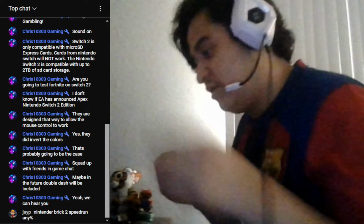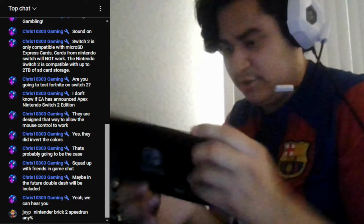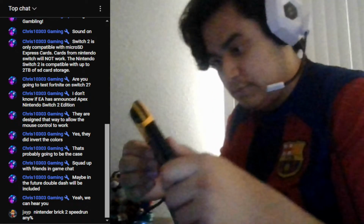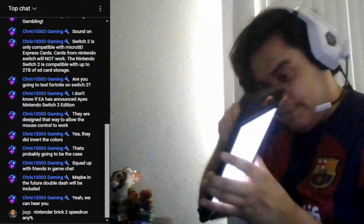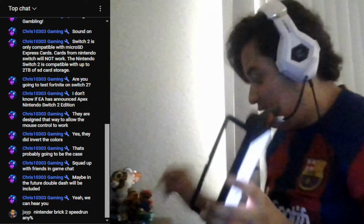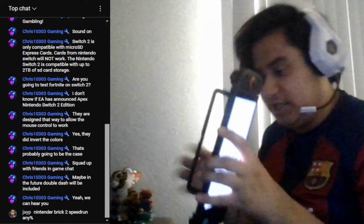Have the micro SD card on your Nintendo Switch ready. Remove the current micro SD card and insert the other. Okay, I'm doing what it tells me to do. Okay. So, as you guys just saw, when you remove the micro SD card without powering off the console to the Nintendo Switch 1,